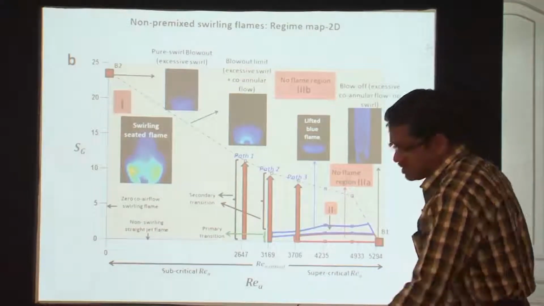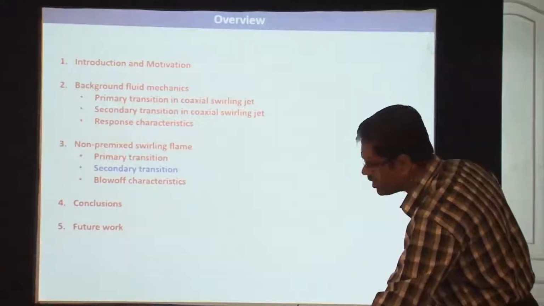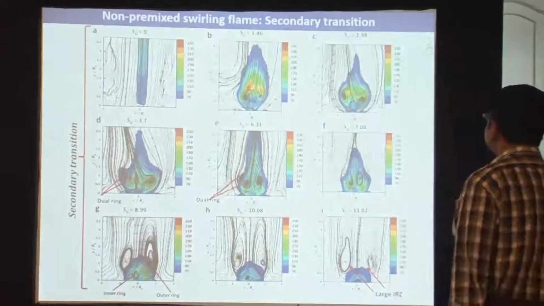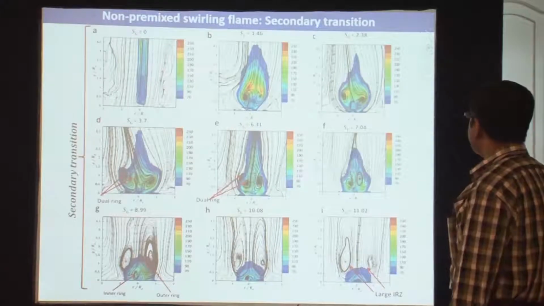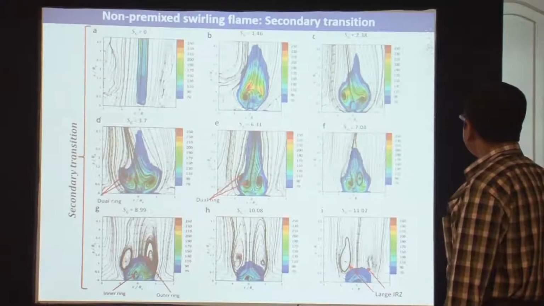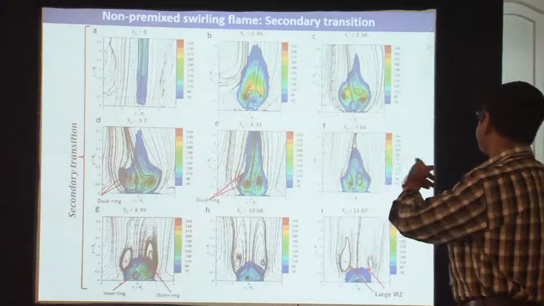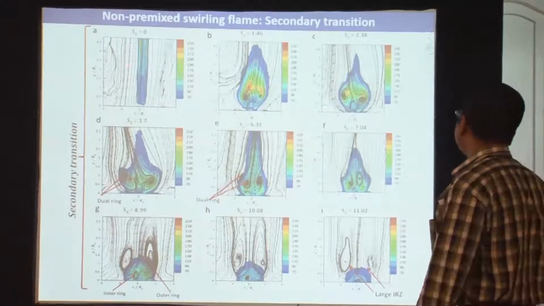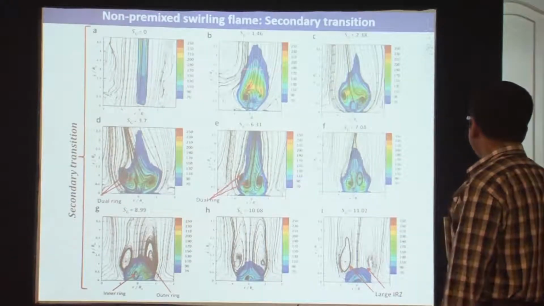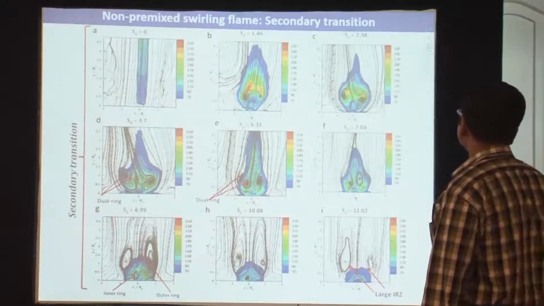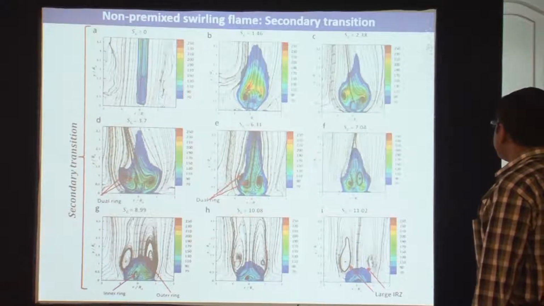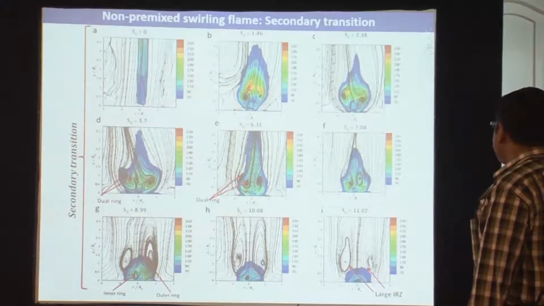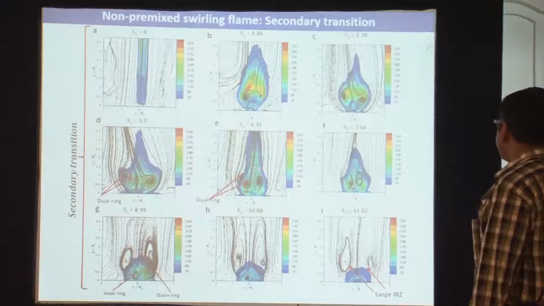So let's just look. This map we have already looked at. In the case of secondary transitions, here what you see is an interesting thing that happens as you move now to... secondary transition always means that the Rossby number is very weak. As you move on to a swirl number of very high value, this is very close to blow off. What you find is that because there is a central stream always, you get a conical tailpiece of the flame. So a part of it is anchored here